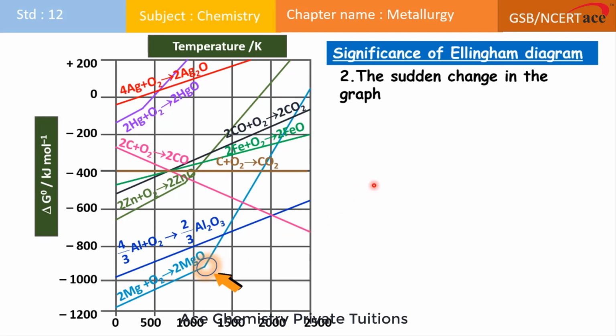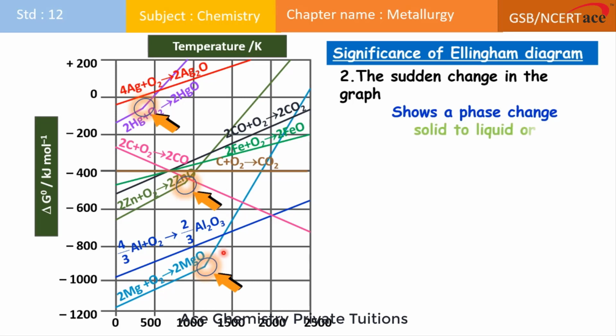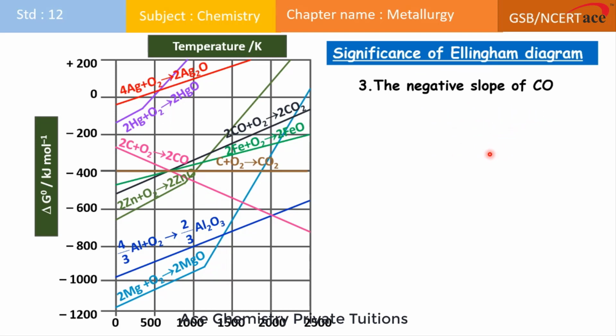Some points if you will see, for some metal there is a deviation in the graph, and this sudden immediate deviation at certain particular temperature is observed. In case of magnesium oxide graph, formation of zinc oxide and the formation of what? Mercuric oxide. So this sudden or abrupt change or shift in the graph is because of change in the physical state. Means at this particular temperature, there is a change in the physical state,